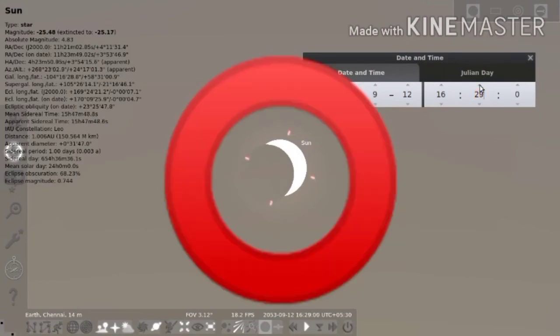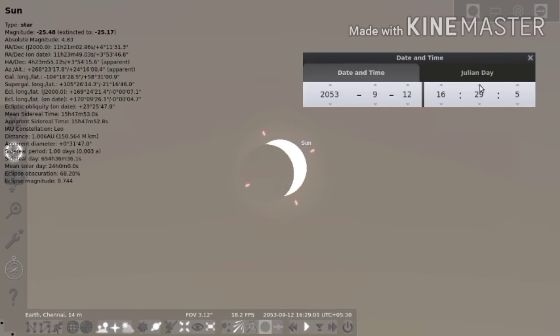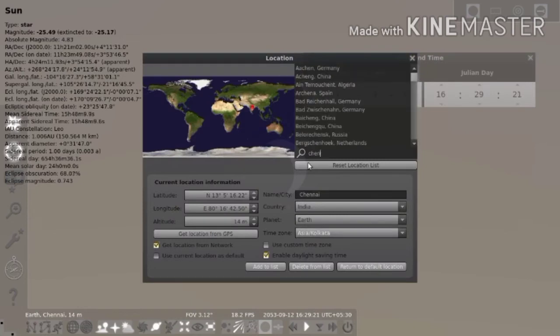See, it is not covering the Sun fully. So you can write the time there as 16:29. Write in the second column 16:29. And what type of eclipse is this? Partial solar eclipse. Okay. Next one is Kozhikode.